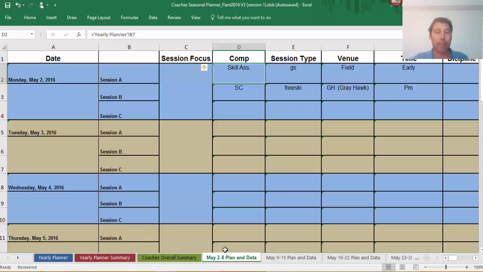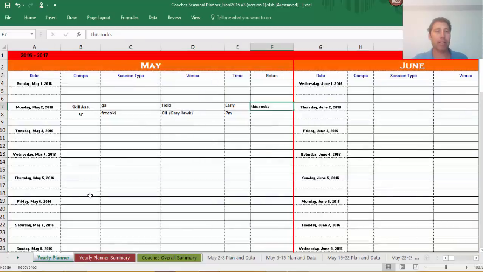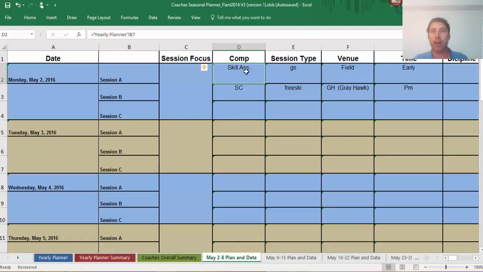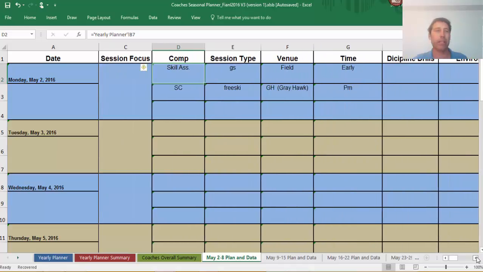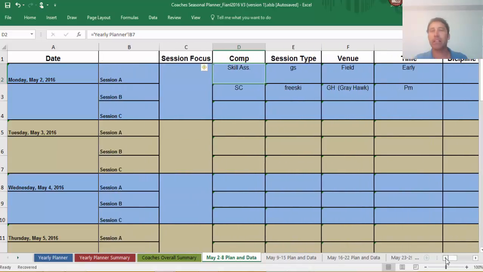So if you notice on the yearly planner, I put in a couple of sessions on Monday, May 2nd. If you look here, what happens is it automatically populates into this week, into your week. And you may or may not follow this exactly, but my thinking is that if you put it into your yearly plan, it auto-populates your weekly plan, you're probably more likely going to stay on target with